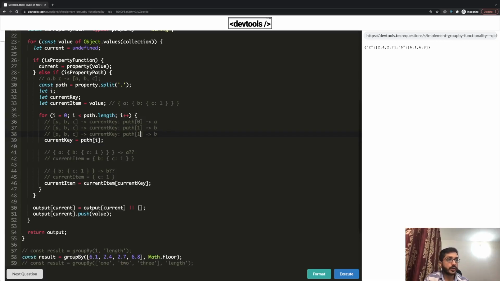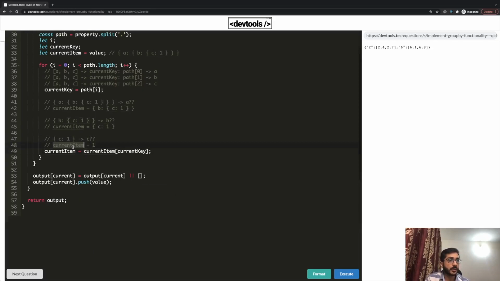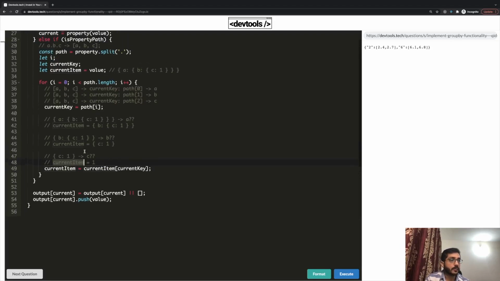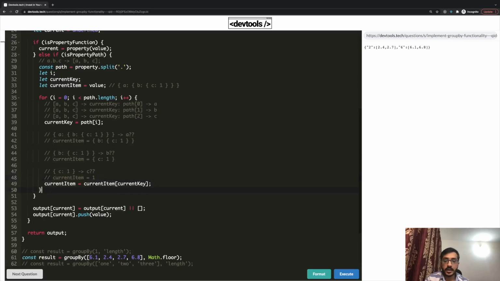Then we will copy this again. Now we are going to check the second element of the path, or in this case the third element, and that would be our current key will become C. We are going to check now that in the current item, do we have C? If yes, then we will update the value. So our current item will become 1. And in this case, when our current item will become 1,